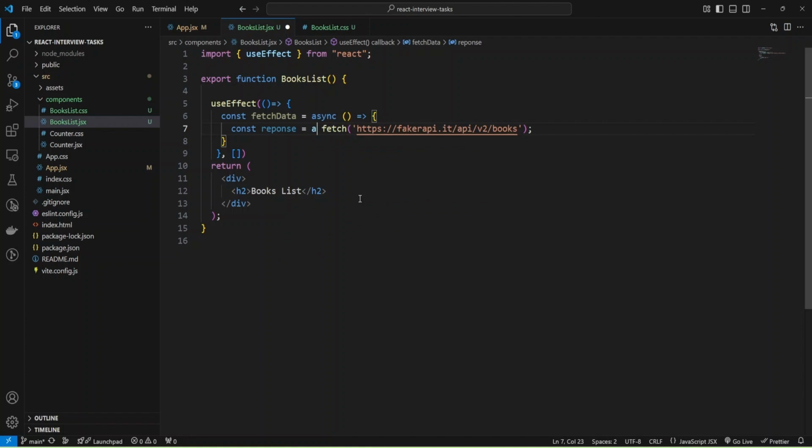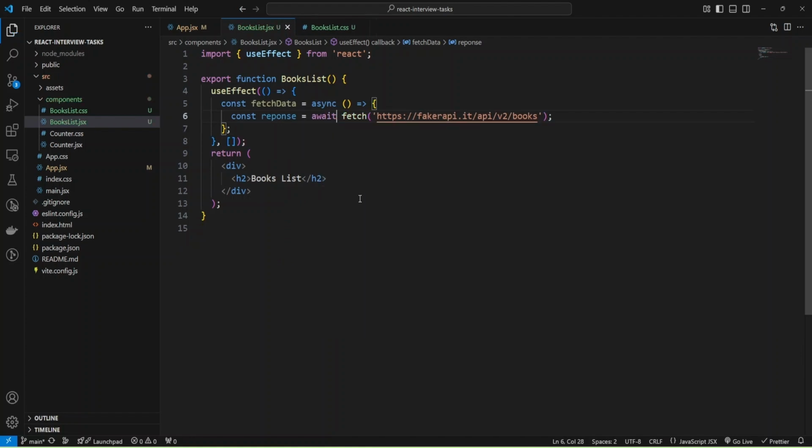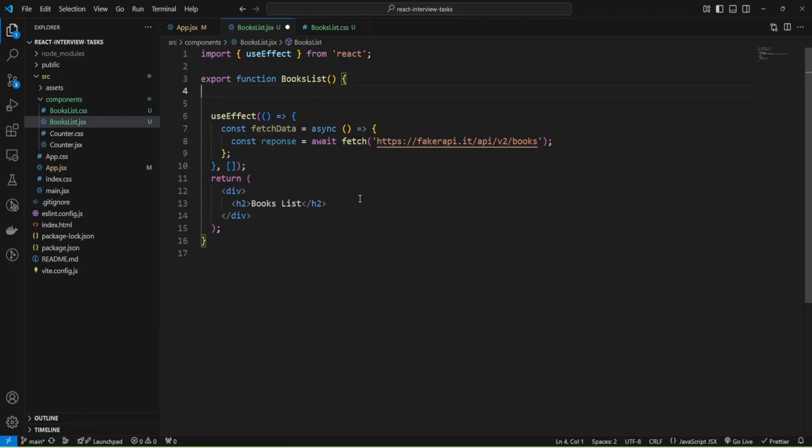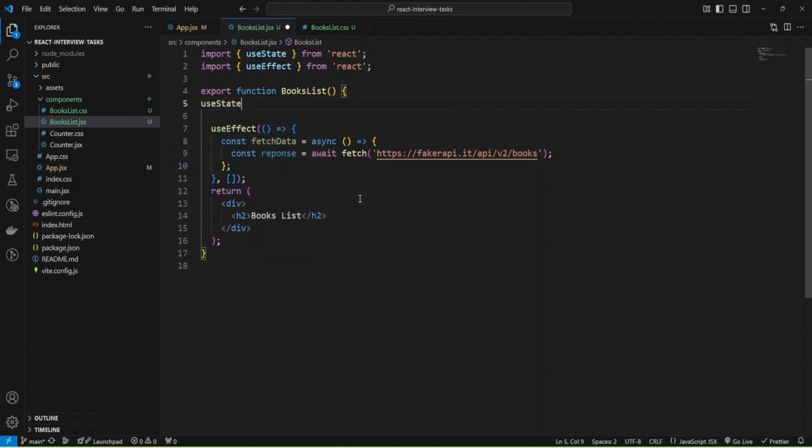And also I need to wait for result. And now we need to add some state variable where we will store the response, the data about books, and for that I need the useState hook, and as you can see we have imports.